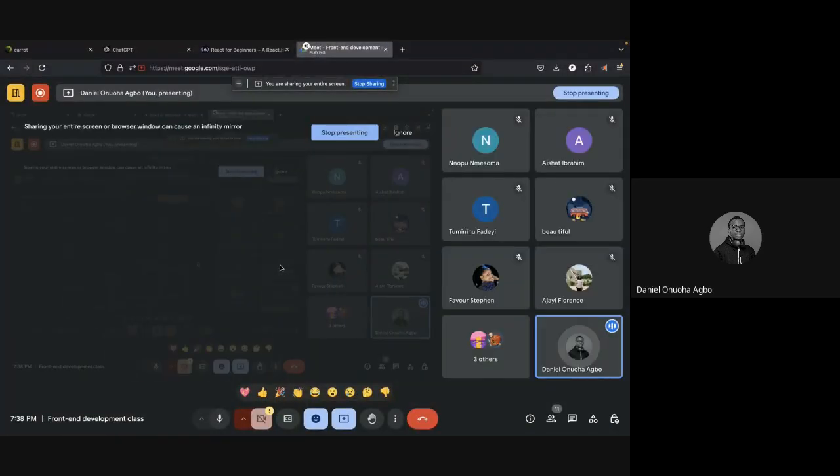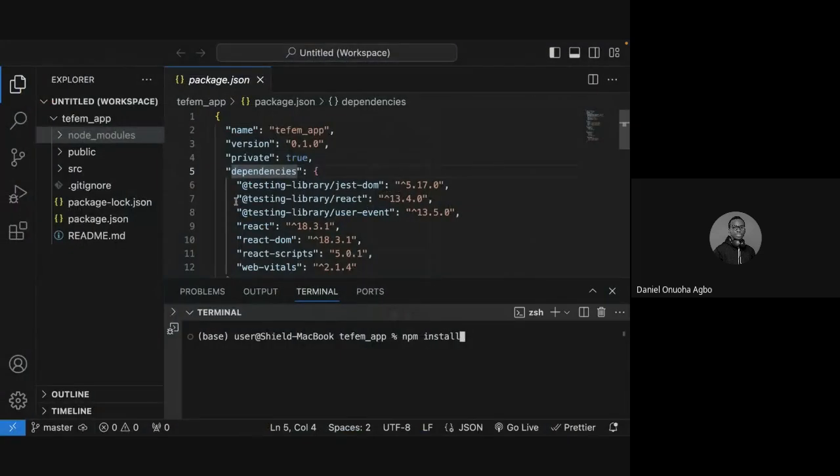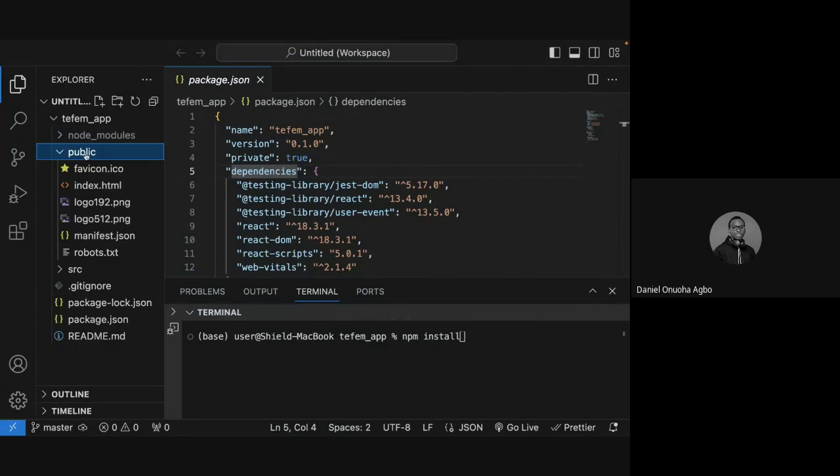So I believe we are following. So we have the node modules folder. Next is our public folder. Inside our public folder, although the majority of work will be done in the source folder, the public folder contains some static files